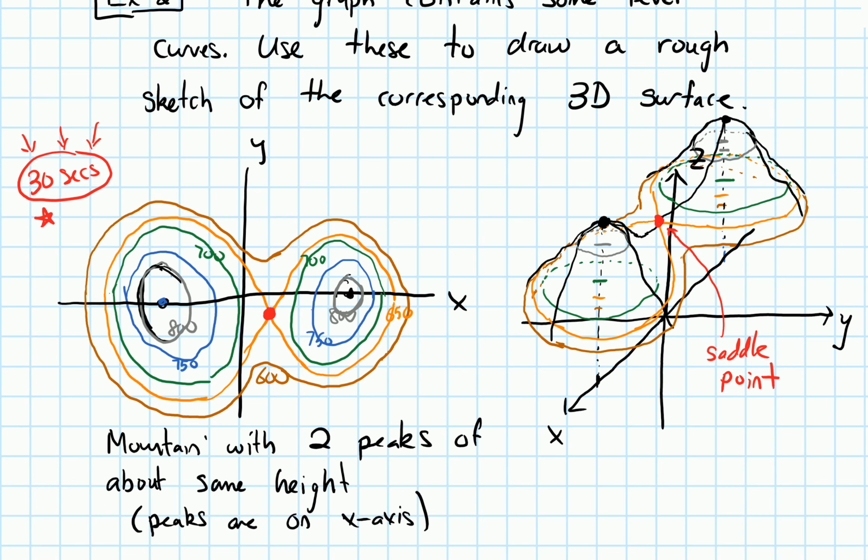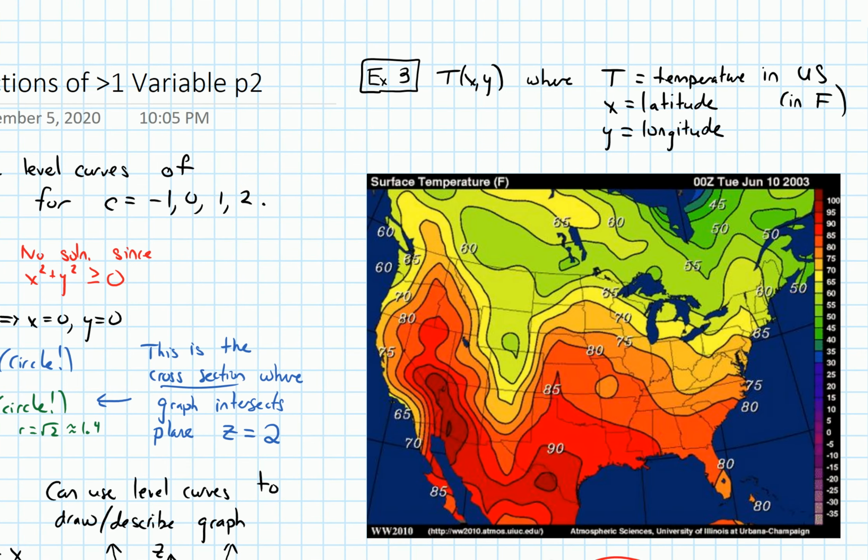All right, so I want to end this video by looking at one more example. This last example is just a real-world example of level curves. So I could have something like a temperature map of the US, so I'll call it T of x comma y, where x represents the latitude, and y might represent the longitude. So this is something that a meteorologist, for example, may deal with. And I can see some of these level curves drawn in this picture. So level curves are something that we deal with in the real world. Temperature especially is great for multivariable functions and level curves like this to visualize what's going on